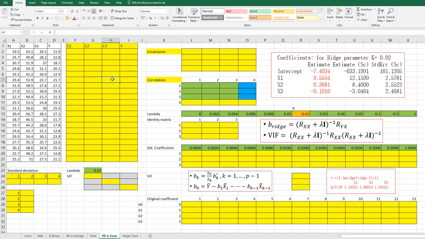Right, let me show you how to calculate ridge regression estimates to get the same output. This is the story. Once you get the covariance and correlation, and the identity matrix, you can calculate a standardized coefficient. Then in order to get the same outputs in Excel, you need to convert it to original coefficients. Right. Let's get standard deviation